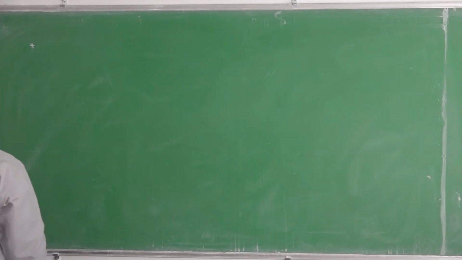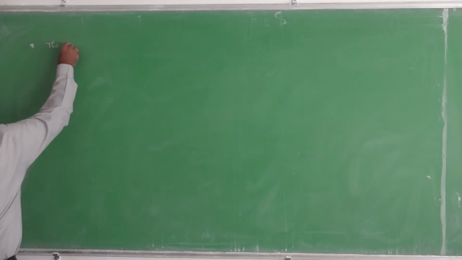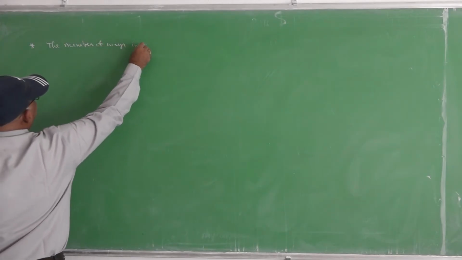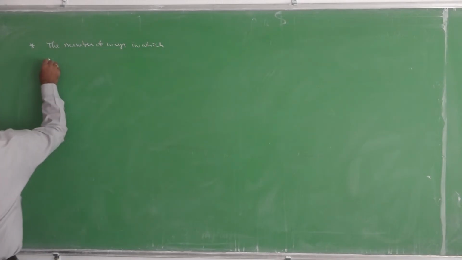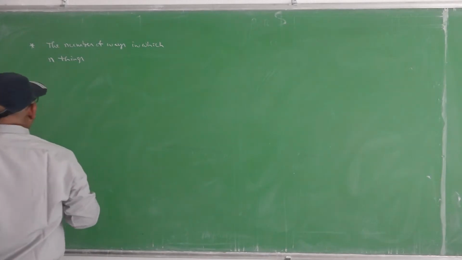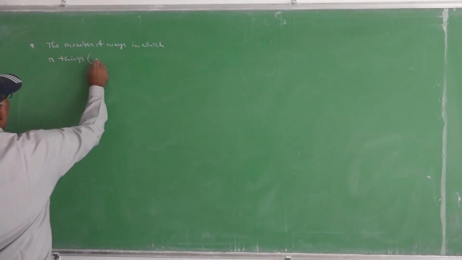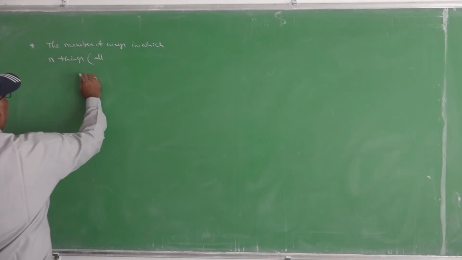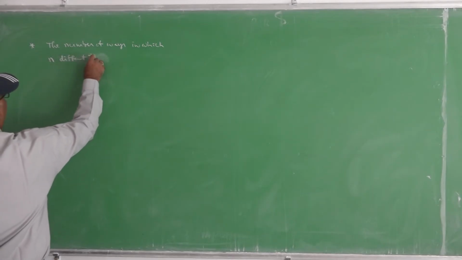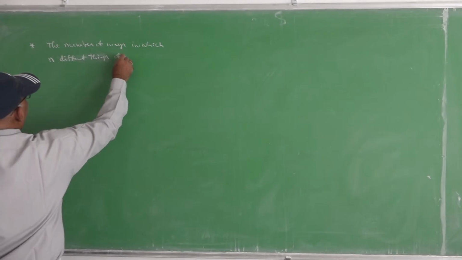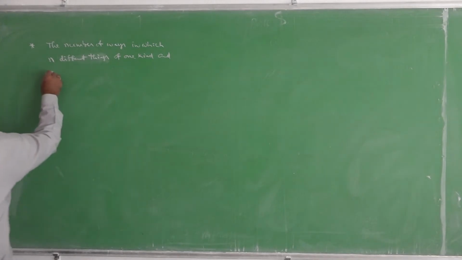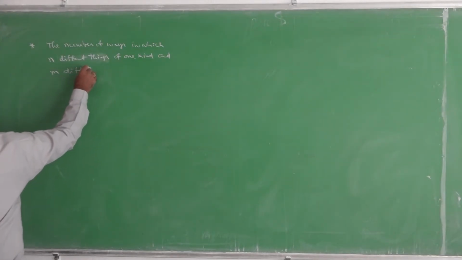Next one. The number of ways in which n things, all are different of course, of one kind and m different things of second kind, another kind,